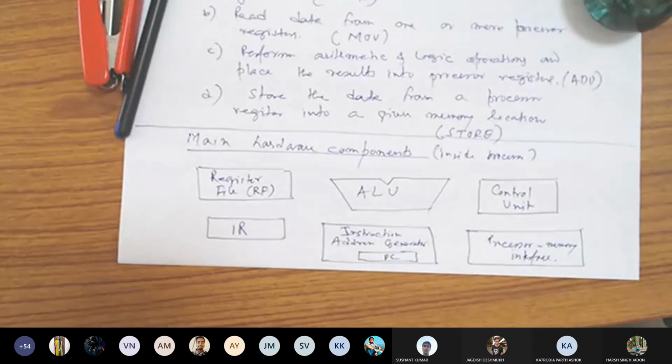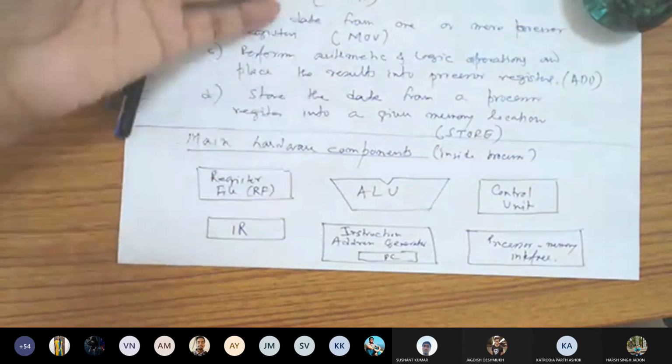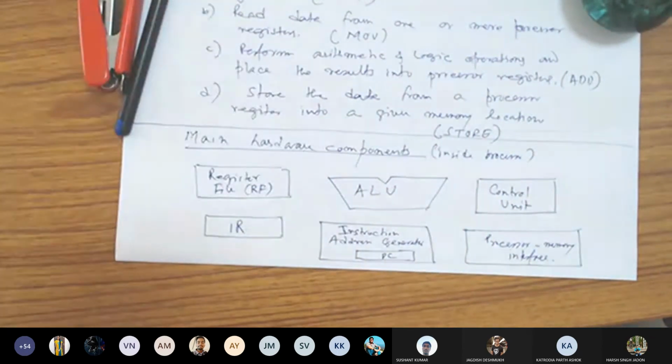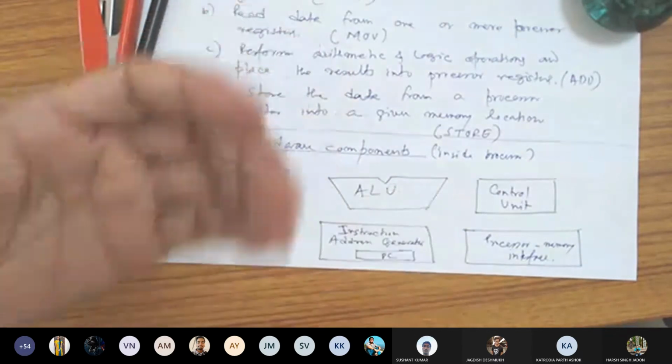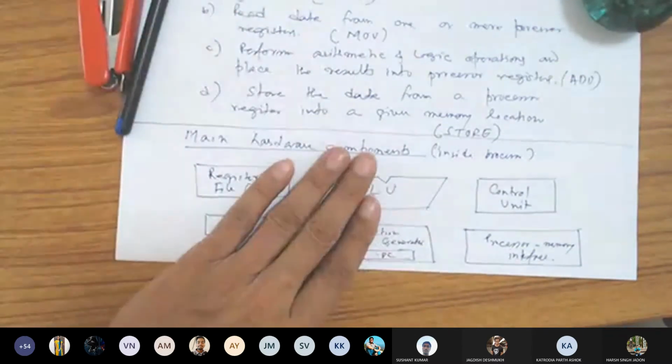Our job now is to connect these units to each other, and that is what we are going to learn: how to make these connections so that we can perform these steps. Once you are able to connect them, that becomes your own processor.